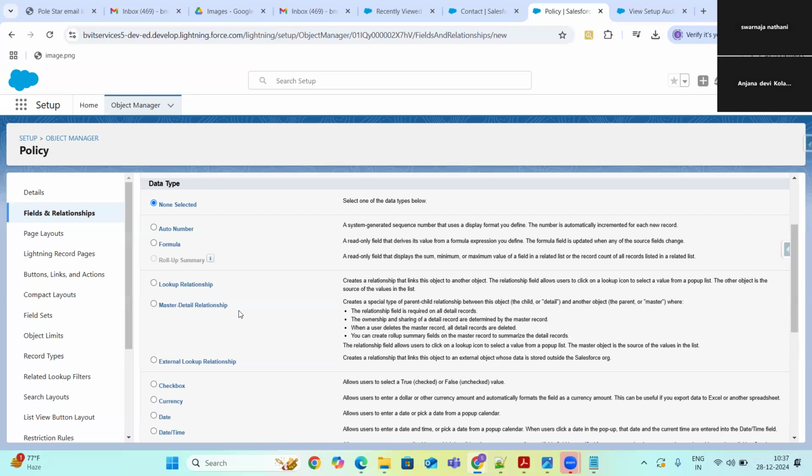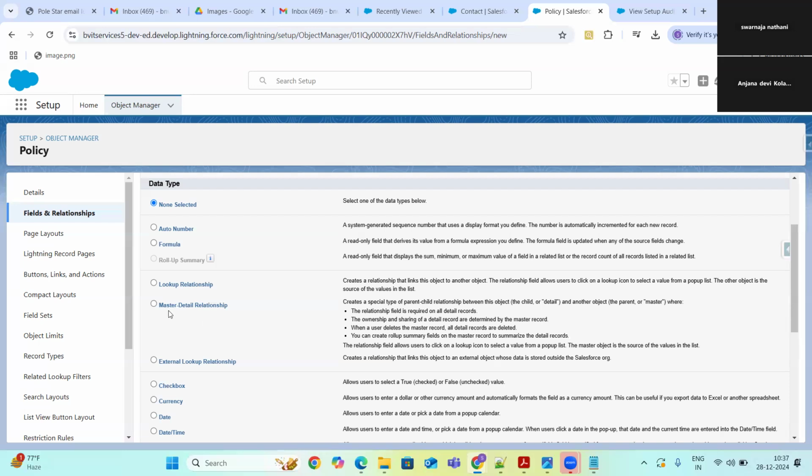So in simple terminology, guys, to establish parent-child relationships, we use two types of fields: lookup and master detail. The next question is when to go with lookup and when to go with master detail. Whenever a parent record gets deleted, if you want to delete the child records also, we will go with the master detail relationship.